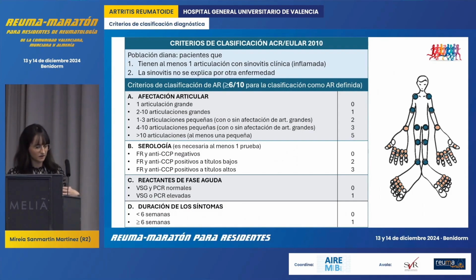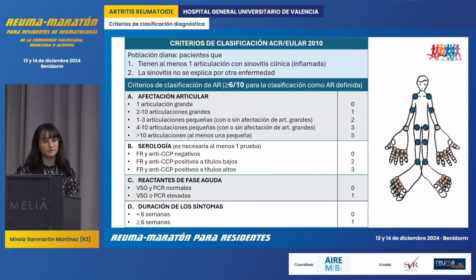And here we have the 2010 criteria. The target population, that is the starting point, is that our patient must present with at least one joint with clinical synovitis. In other words, we must be able to confirm during the examination that a joint is inflamed and that this synovitis cannot be explained by another disease. Then, as you can see, these are criteria based on a scoring system. The maximum score that can be reached is 10 points, and we would classify it as rheumatoid arthritis starting from